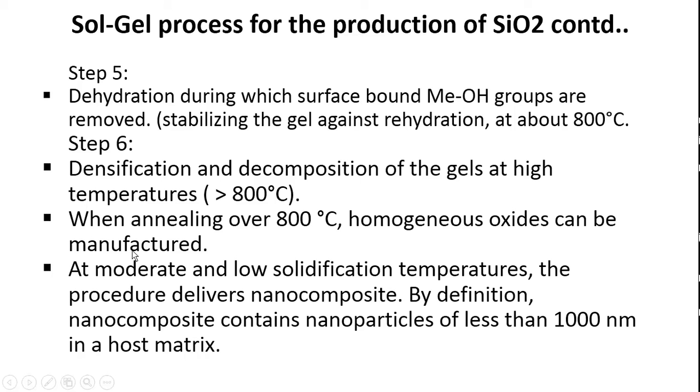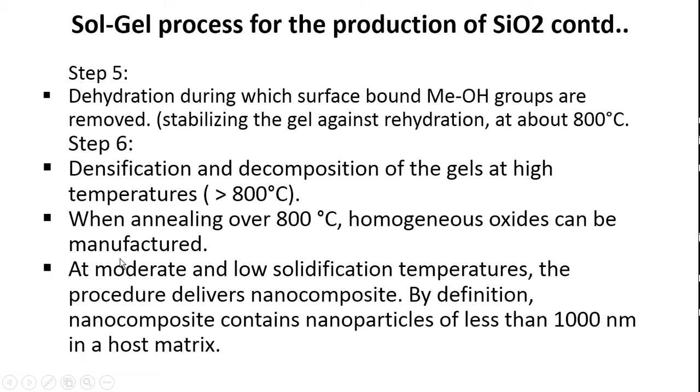So this SiO2 that is to be applied upon the surface should be homogeneous, with a uniform coating of silicon oxide. Do you know what is the purpose of silicon oxide in electronics? Actually, silicon oxide is used as an oxide layer for the manufacture of MOSFET, isn't it? It is a gate oxide material, a highly dielectric material. So this kind of process is done for the production of SiO2 using the sol-gel process.